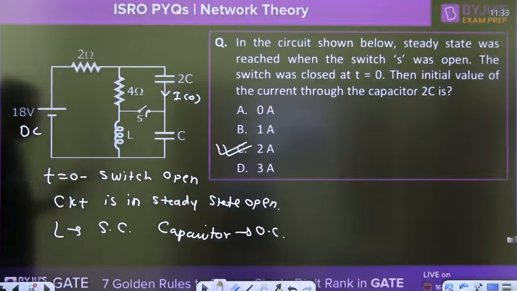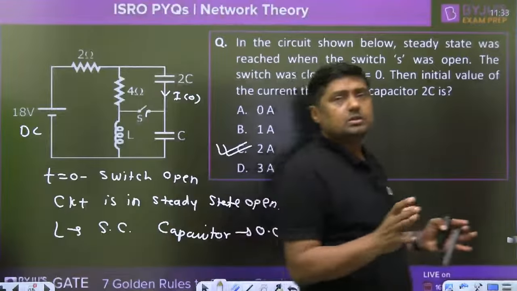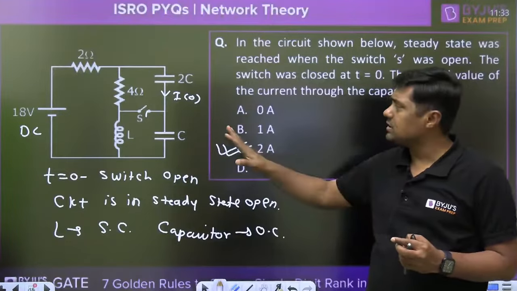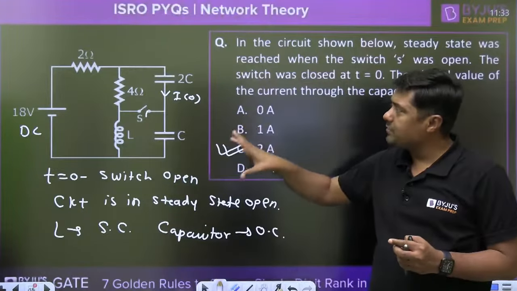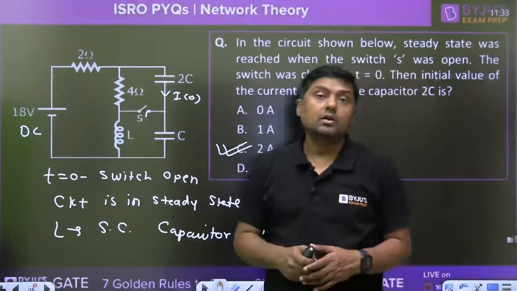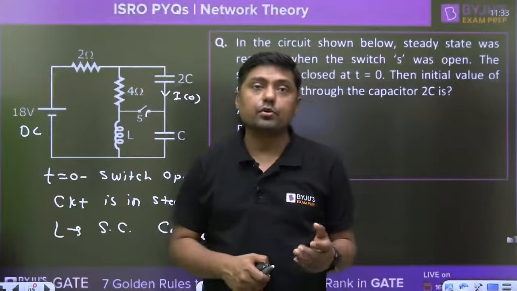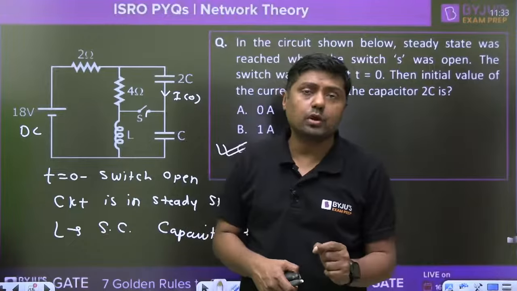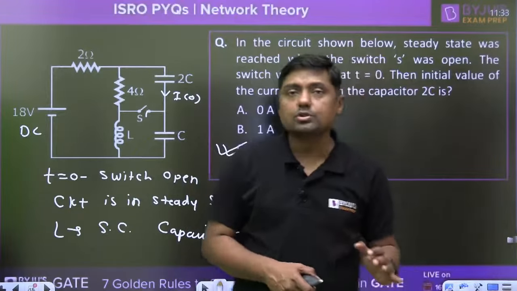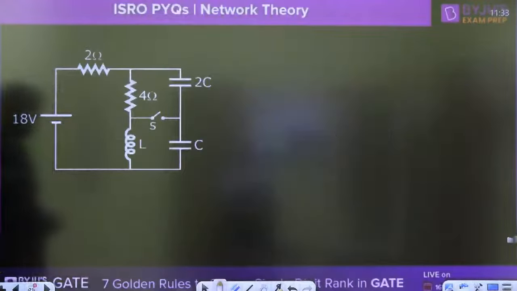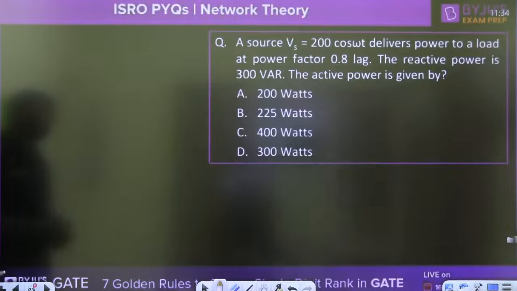I think no doubt it is clear. Again, by transient means it is not a very highly conceptual question. This is a normal question, with the same type of diagram that is given in one standard textbook. What is that called? Van Valkenburg. So if you want to practice some more questions on circuit theory, you can solve some questions from Van Valkenburg. That is the textbook, with very conceptual questions on transients, right? Then okay,